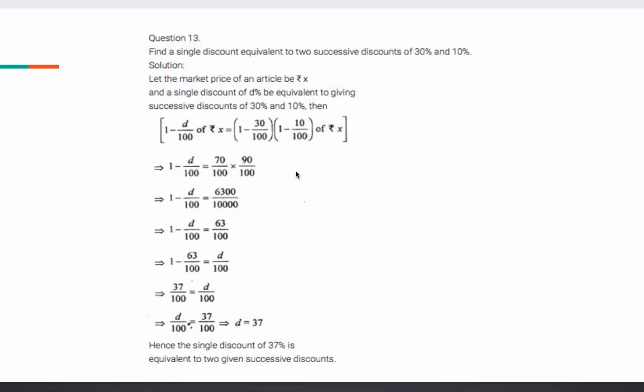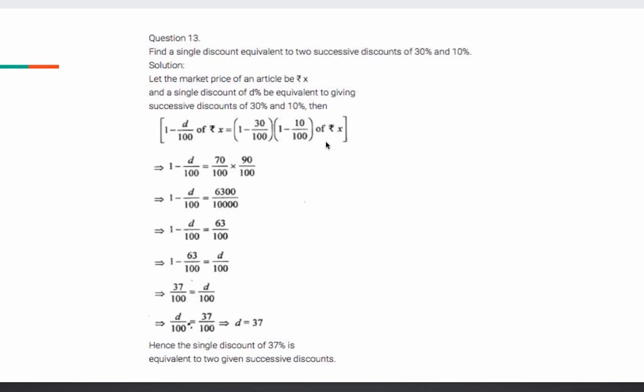So what is given as the mark price? The printed price is given, that means the mark price, which is 28,600. So I'm telling you the solution also, how to do it. It will be 1 minus 10 upon 100, bracket open, 1 minus 5 upon 100, of 28,600. Clear? Straight away direct substitution of the values in the formula and you will get the required price which the customer has to pay, or you can say it is the selling price for the refrigerator. Clear? Now I'm moving to the next question.